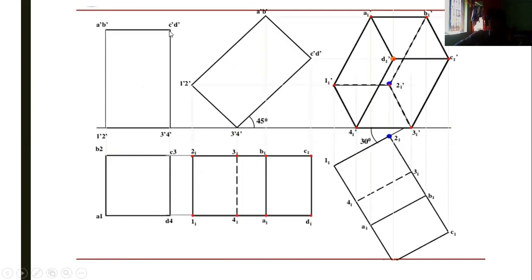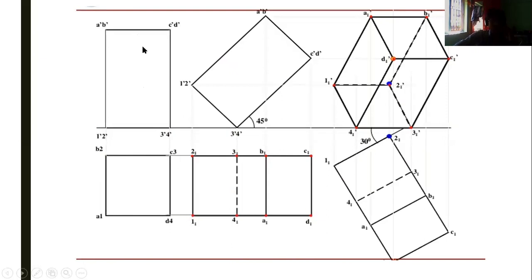And in the front view, we will draw the dashed line. The base I am mentioning as 1, 2, 3, 4, and the top as A, B, C, D, all in dash. In the top view, I mention the same points, so A, B, C, D and 1, 2, 3, 4. All the numbers are actually separated.